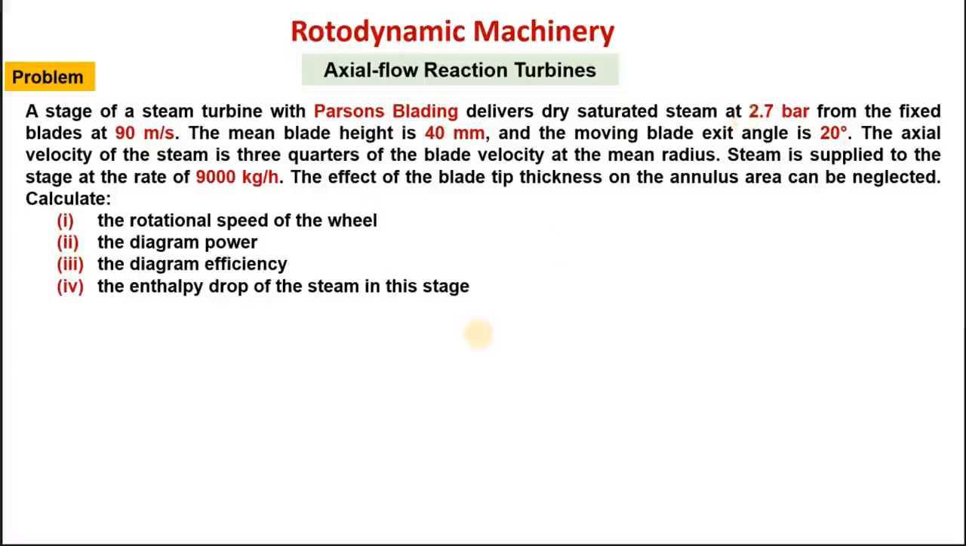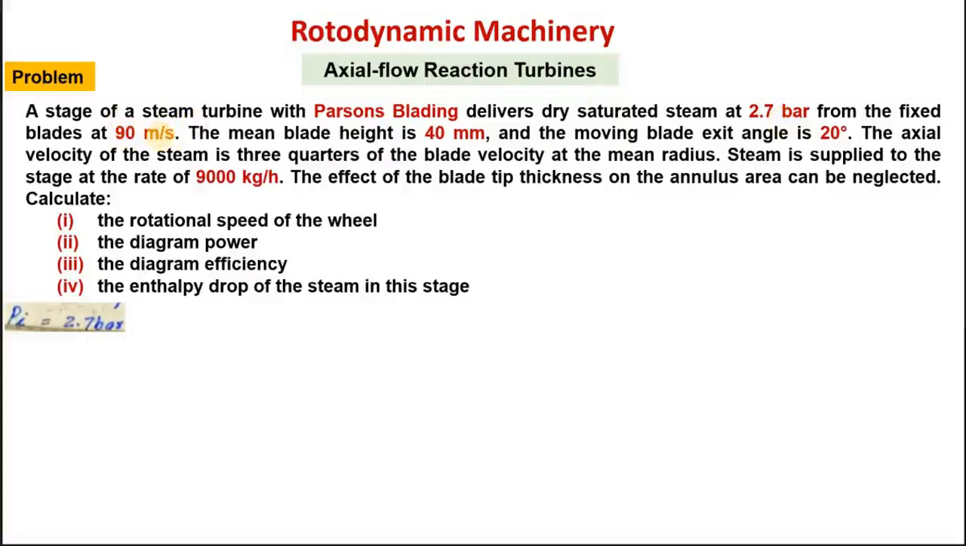So here the pressure at the inlet of moving blades is 2.7 bar, because Parson blading delivers dry saturated steam at 2.7 bar from the fixed blades, and fixed blades are actually the nozzles or the row of nozzles. So steam is leaving these fixed blades at a pressure of 2.7 bar, right? So this is the pressure at the exit of nozzle or at the inlet of moving blades